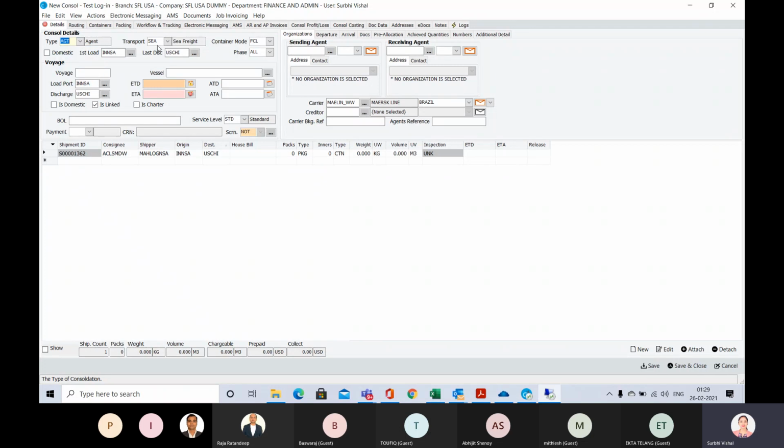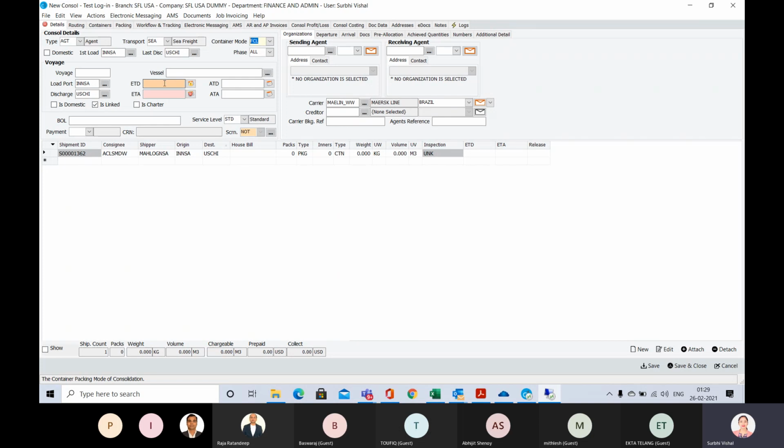Next we have the transport mode. Information like transport mode, container mode, first load, last discharge has been taken from booking. So it is advisable to enter as much information as you have at the booking stage. Then load port, discharge port.